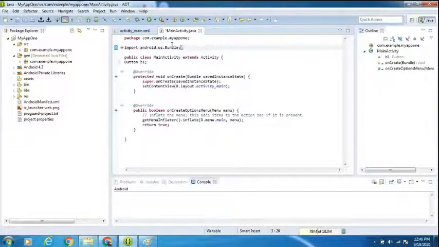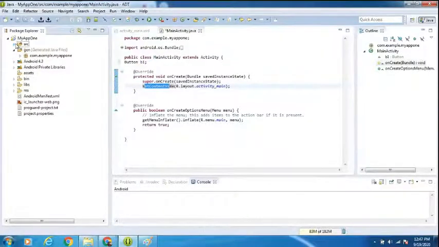Now let's try to write the code. Sir, how can we write the code? Here, if you see, setContentView. This looks familiar, doesn't it? Somewhere we have seen this.